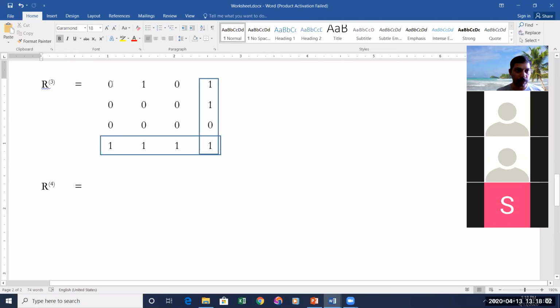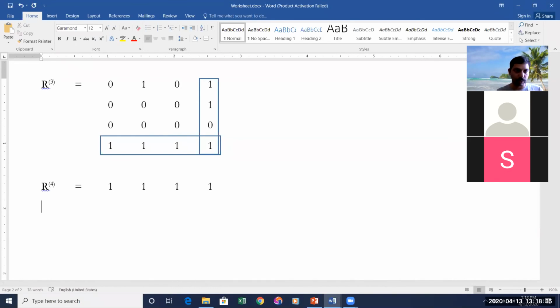Now, there is a 0 here in the previous matrix for the same position. Since there is a 0, you have to check the corresponding column and rows. The corresponding column and rows have 1. 1 and 1 is 1. So it is 1. In the previous matrix of the same position, there is a 1. Directly write a 1. And in the next position, there is a 0. The corresponding row and corresponding column have 1, therefore the result is 1. In the previous one, there is 1. Directly write 1. So the first row is finished.